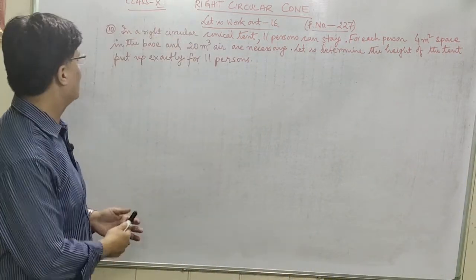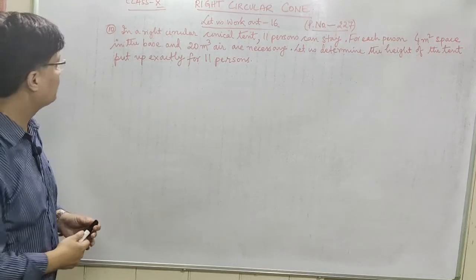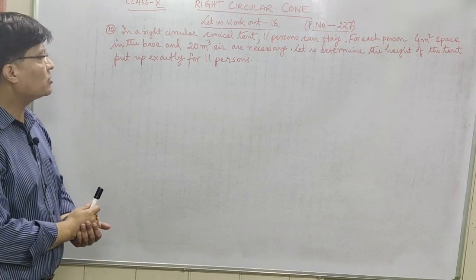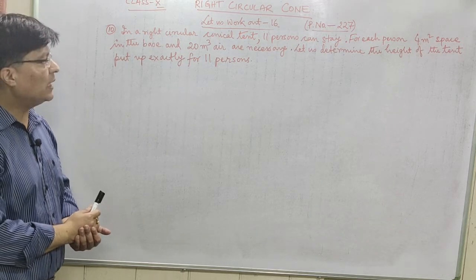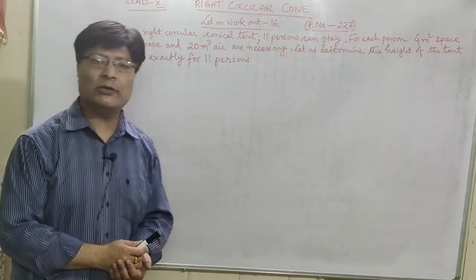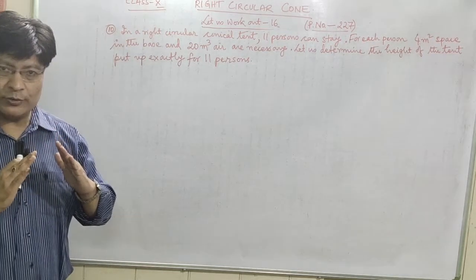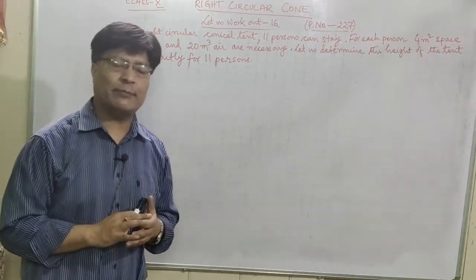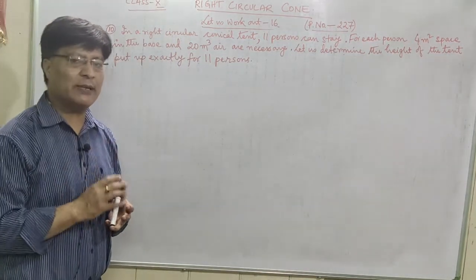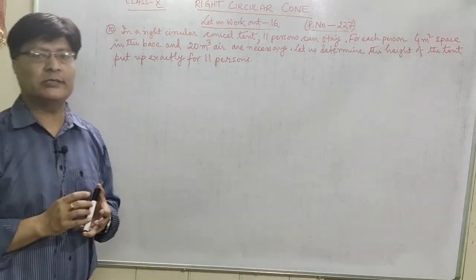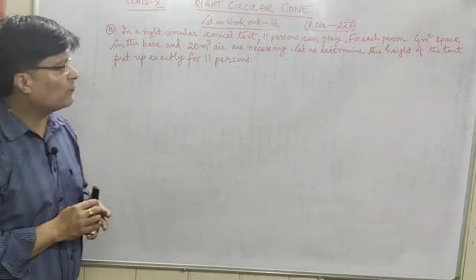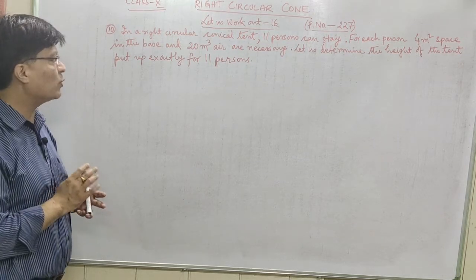So now we'll do the next question, that is question number 10. So question number 10 here is, in a right circular conical tent 11 persons can stay. The tent is in the shape of a right circular cone, and 11 persons can stay. Okay, now for each person 4 meter square space in the base and 20 meter cube